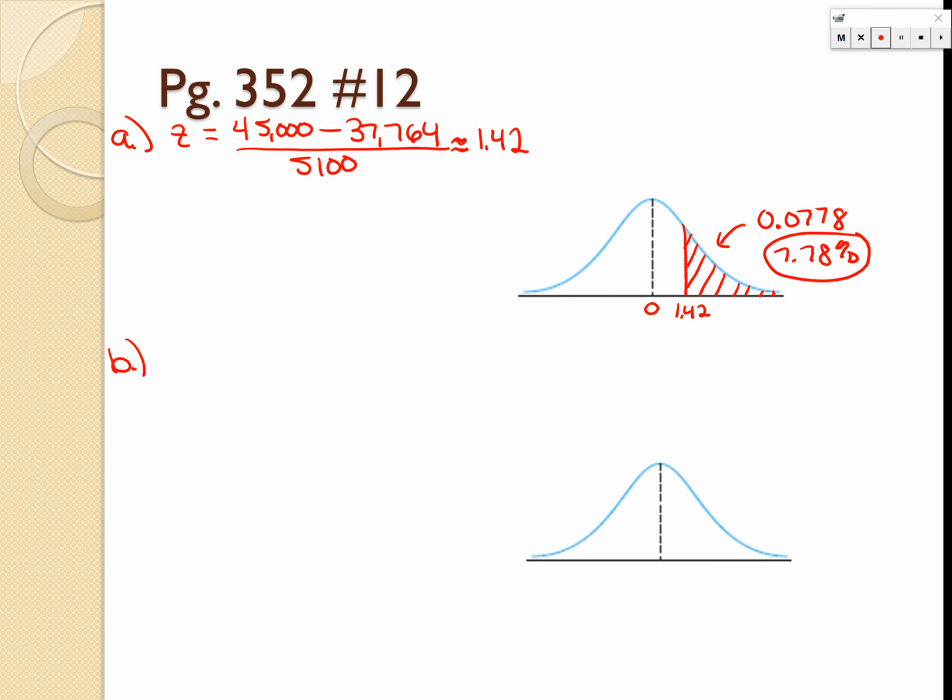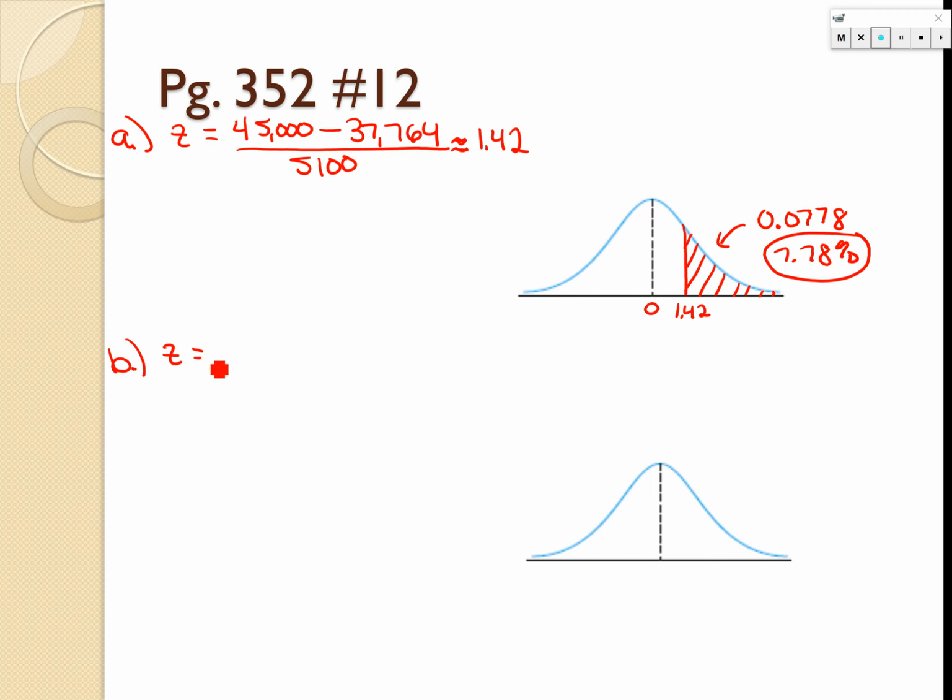Letter A, the stuff we've been working on, single data value. No mention of taking a sample, no mention of sample means. Letter B now talks about taking a sample of 75 teachers and wants the probability that the sample mean. There's your keys to when we need to use our new Z formula. So when you're talking about a sample and sample means, now we have to use our new Z formula,